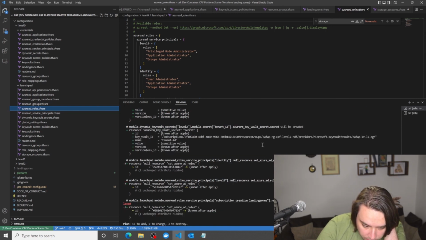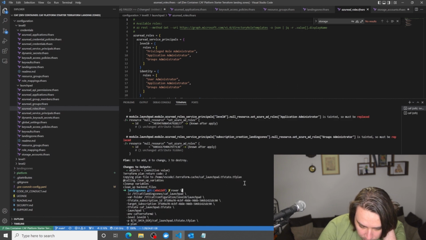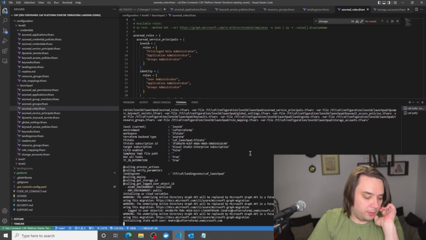So it is saying to us that the resource is tainted, so must be replaced. So it's going to try and replace a role for the application administrator, the two groups administrators, one in identity and one in level 0. We can try and apply, see if that actually fixes it. If not, we might have to do a manual delete. So let's have a look.